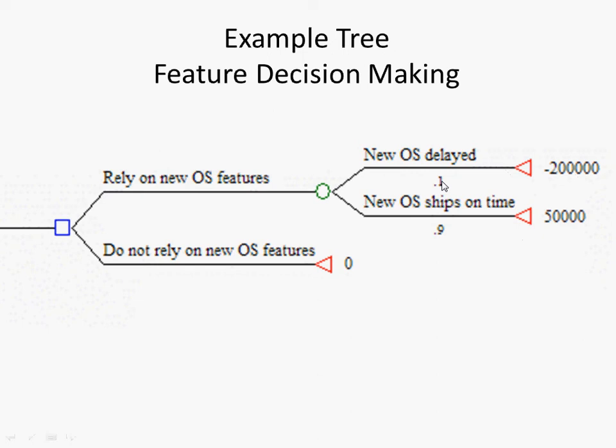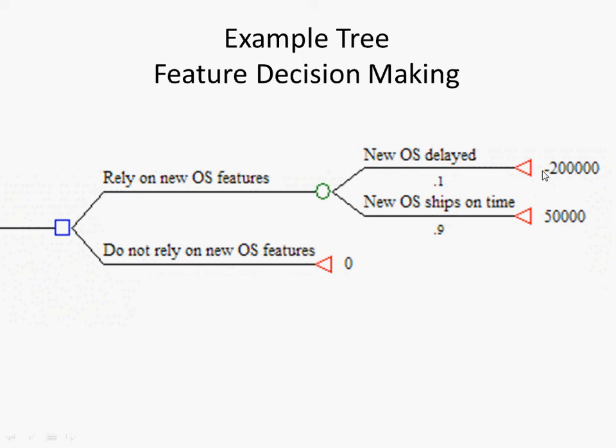So here we've mapped out a decision problem. We have to choose now, and there's some uncertainty that's involved with an outcome of one of the choices, and we'd like to make a better choice. You notice these consequences here, this minus 200,000 or this 50,000. Each of those is a consequence that reflects the set of decisions and events over time prior to that. So this 200,000, that means we